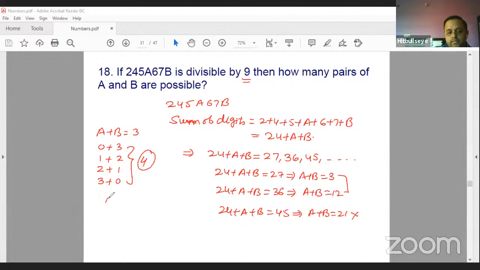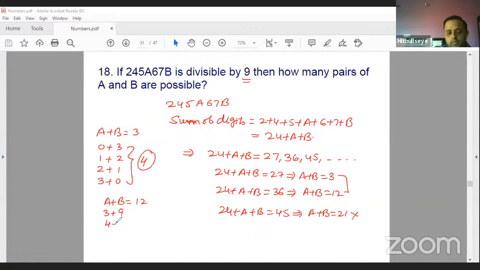In the next case, if A and B, their sum is 12, then we can have possibilities like 0 plus 12, not possible. Reason being B cannot be 12. Similarly, B cannot be 11, B cannot be 10. The first value that B can take is 9. So if B takes the value 9, A will be 3,